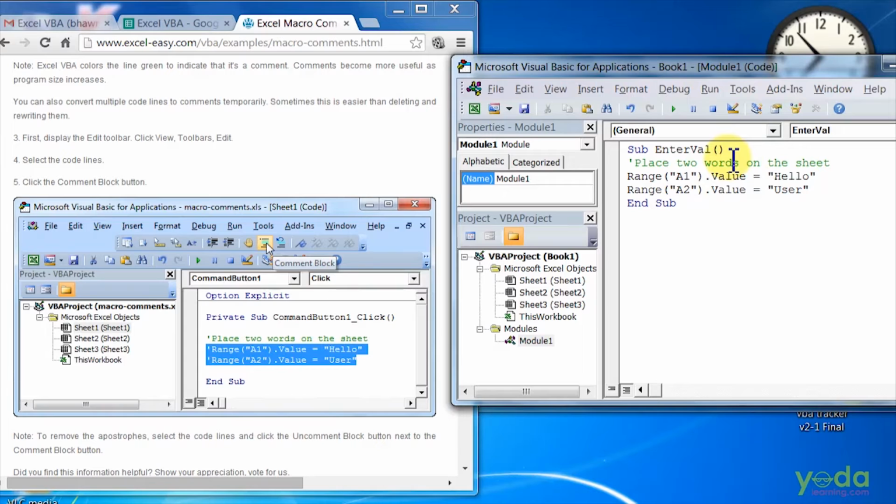Comments become more useful as program size increases. You can also convert multiple code lines to comments temporarily. Sometimes this is easier than deleting and rewriting them. So first, display the Edit toolbar.